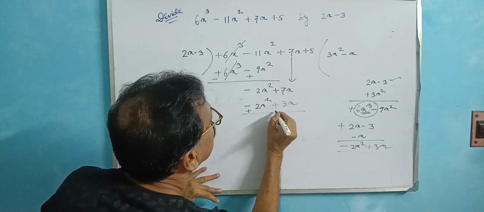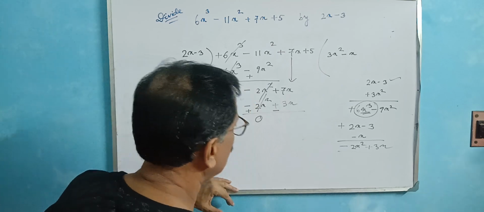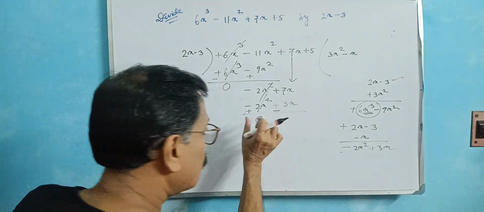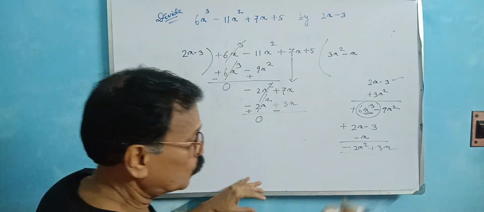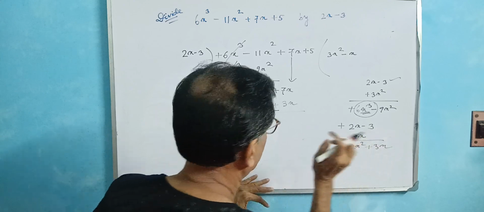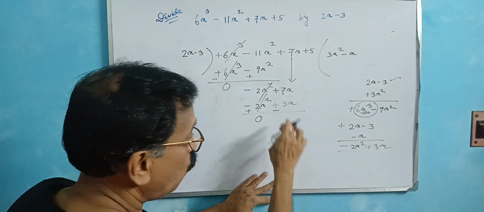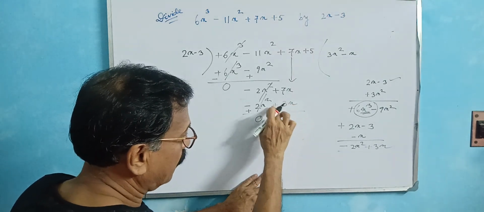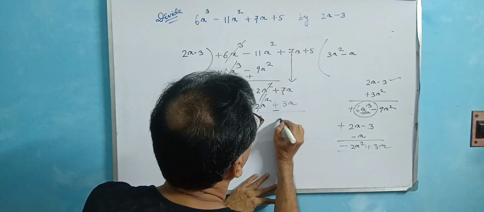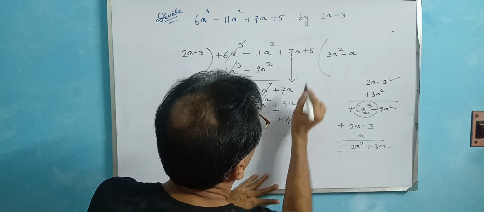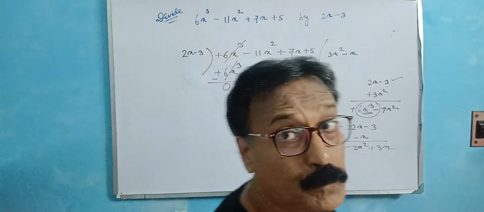Next line, you subtract. This is plus, this is minus, then you cut, this part is 0. This is your target, to make the first term 0. So this is plus minus minus 2, minus minus plus 3. Now what is the sign of 3x? Not plus, this is minus. Opposite sign here. Here 7 is greater, so plus 7 minus 3, 4x, and this is 5. You got it, 5. Clear?